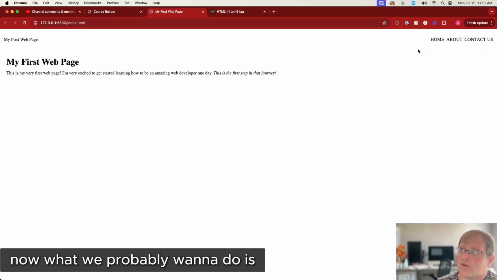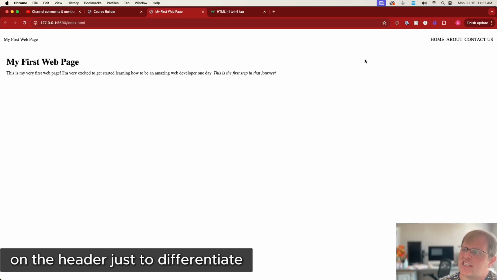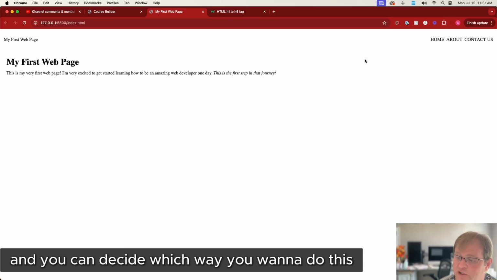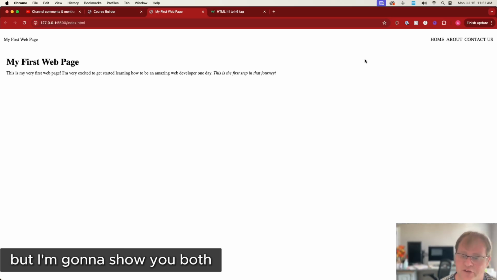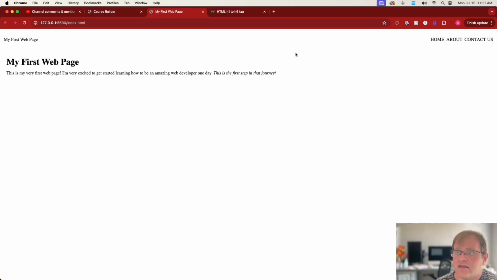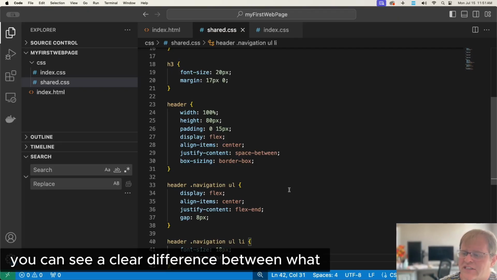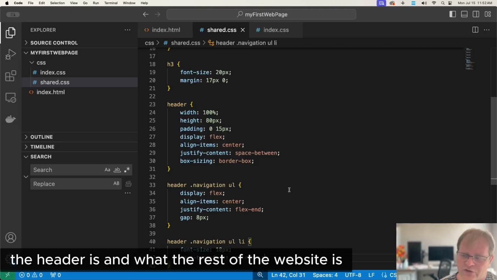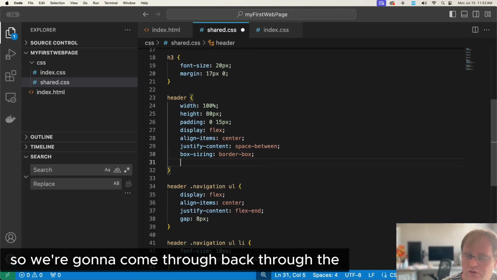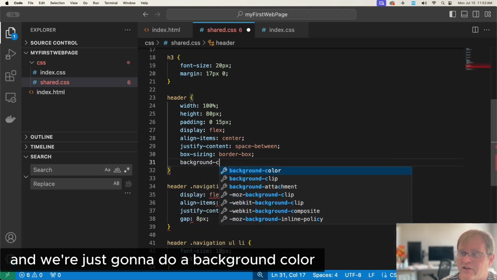Now what we probably want to do is we probably want to set like a background color on the header just to differentiate. So there's two different ways you can do this, and you can decide which way you want to do this, but I'm going to show you both. So the first one is going to be, we're going to set the background color of the header. So that way you can see a clear difference between what the header is and what the rest of the website is. So we're going to come back through the header item here in our CSS, and we're just going to do a background color,